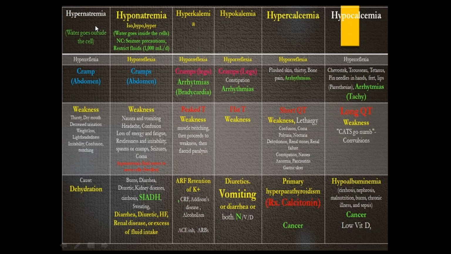So hypernatremia, the main cause of hypernatremia is diaphoresis or excessive sweating. That is when you are, for example, sweating because of overheat. If you taste your sweat, it's going to be salty, correct? But you're losing water too. So hypernatremia means that you have high concentration of sodium in blood. How come, if you are losing sodium? It's because you are losing more water than sodium. So sodium is going to be concentrated in blood, okay?